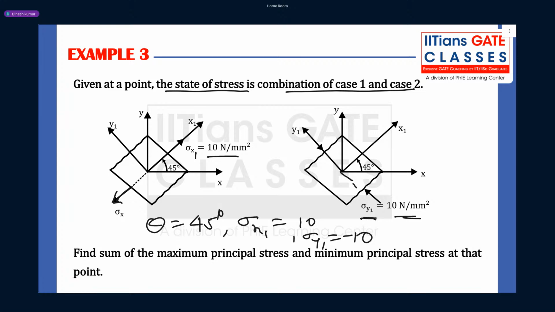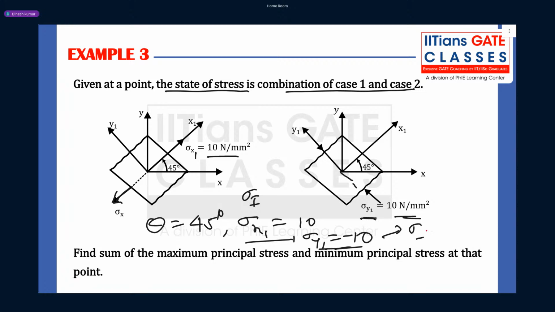Now there is no shear, right? So what does it mean in case 1 and case 2 there is no shear? What does it mean, Anand? Sir, biaxial example. And what are this sigma x1 and sigma y1? Principal stresses. Exactly. These are principal stresses, right? Clear, everyone? So this sigma x1 is nothing but your sigma 1 and sigma y1 is nothing but sigma 2.